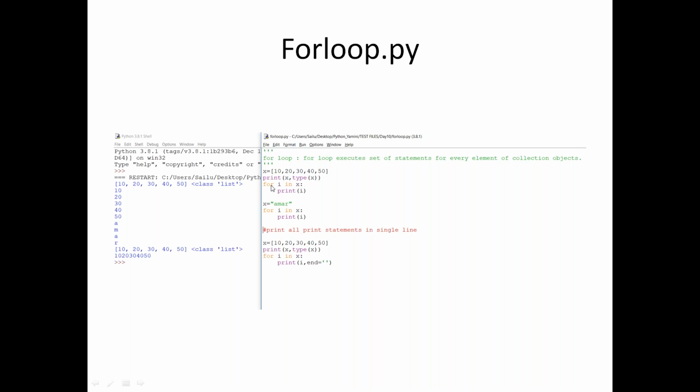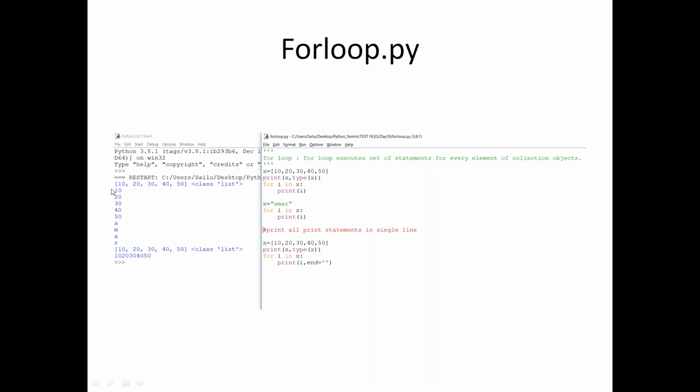So I'm going to use for. You can give any temporary variable, like i in X. X is nothing but the collection of variables that I have. For i in X, print i. That's all. The system is going to display 10 to 50. Not only values, data types like a list, you can also take a string. So I've just taken a string: for i in the string, print i. The system displayed each letter from the string, so A, M, A separately.